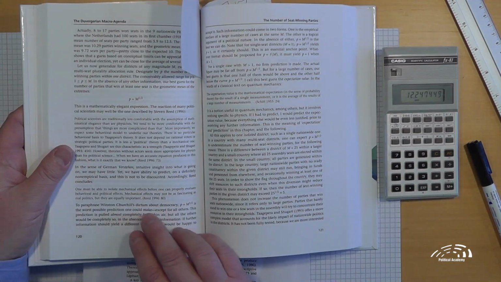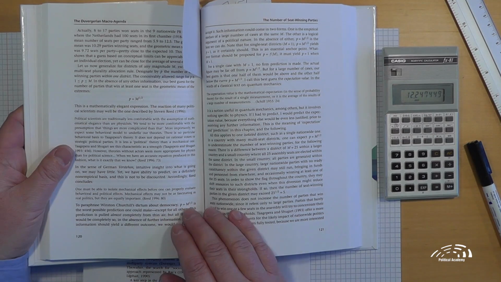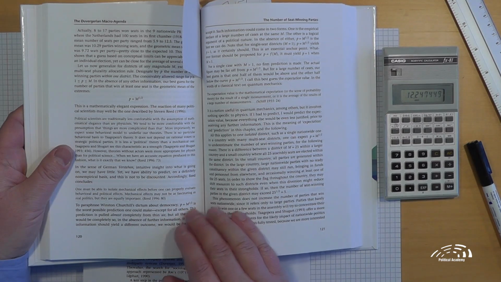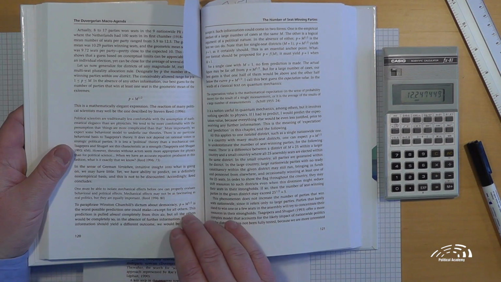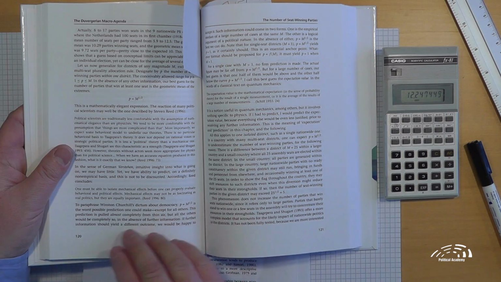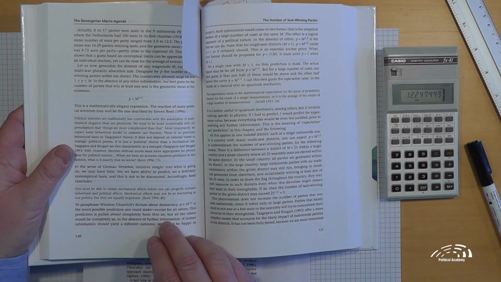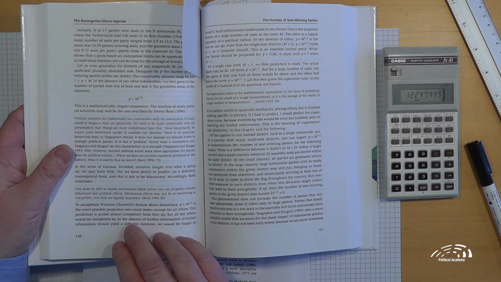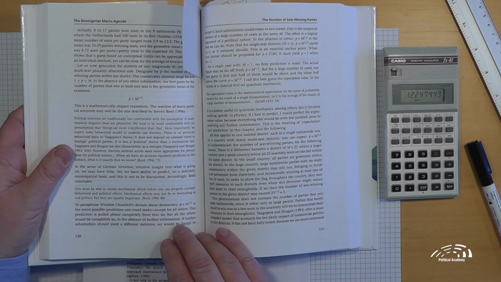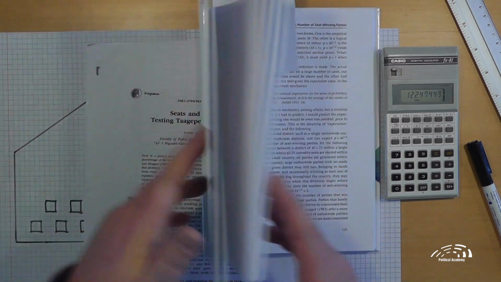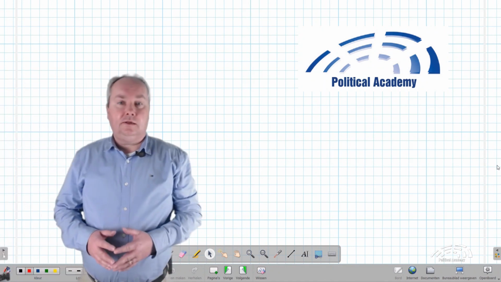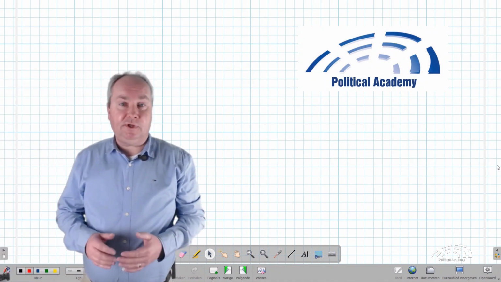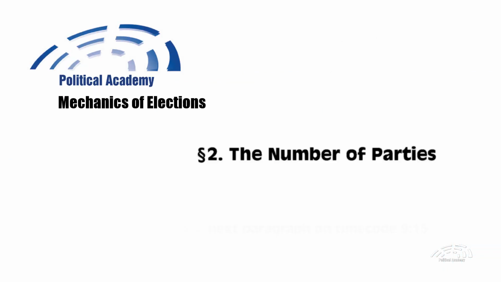To paraphrase Winston Churchill's dictum about democracy, P equals M to the power half is the worst possible prediction one could make, except for all others. This prediction is pulled almost completely from thin air, but all the others would be completely so in the absence of further information. In 1999, he called it ignorance-based quantitative modeling. Let's go back to the board to see some examples of how this works out in practice.